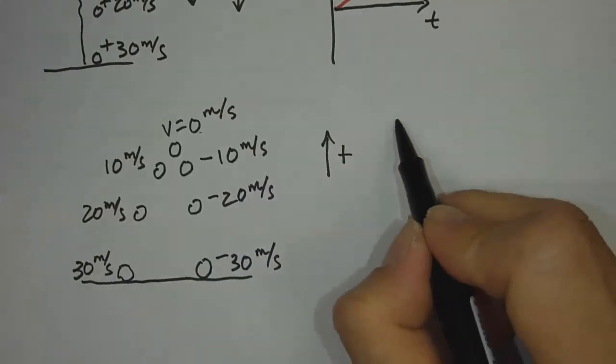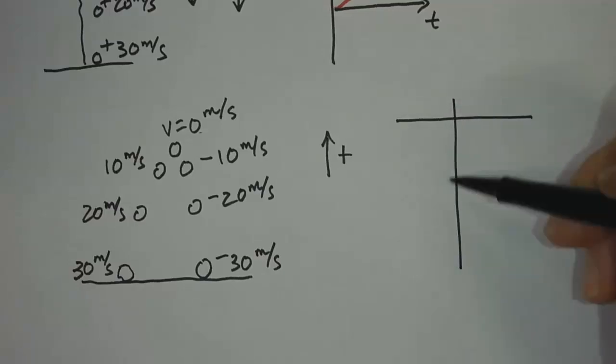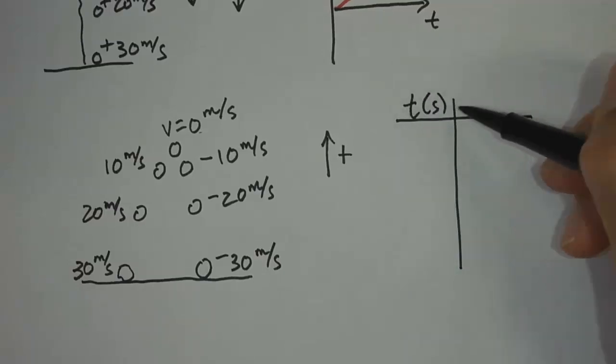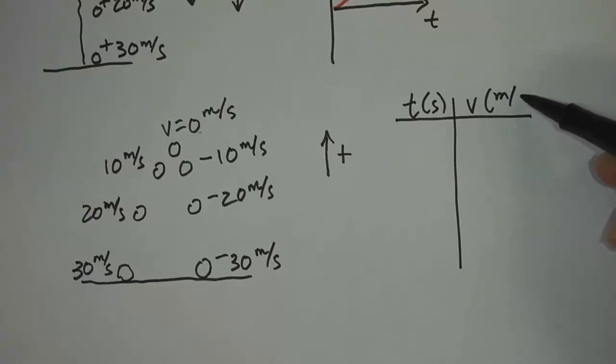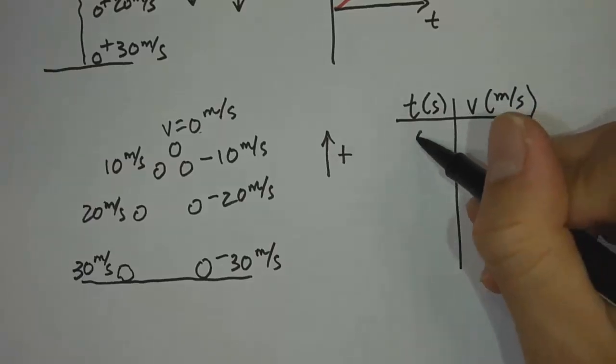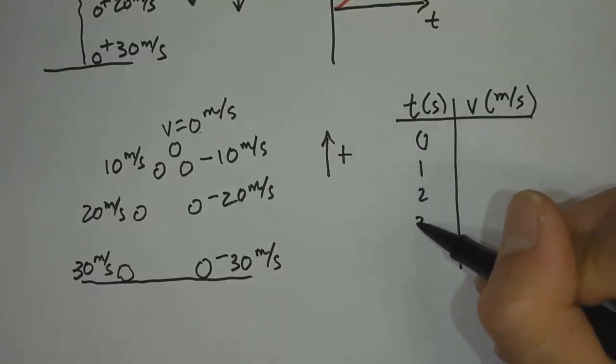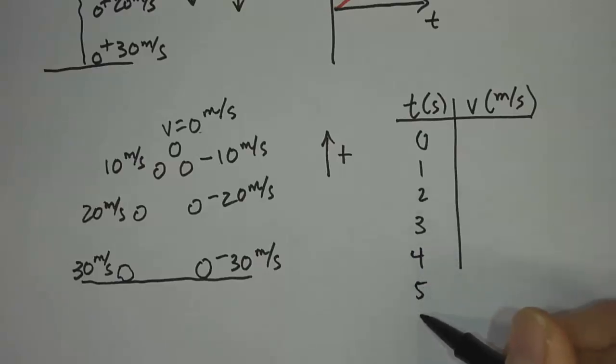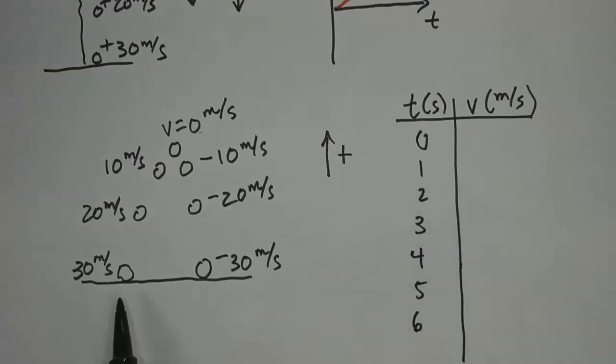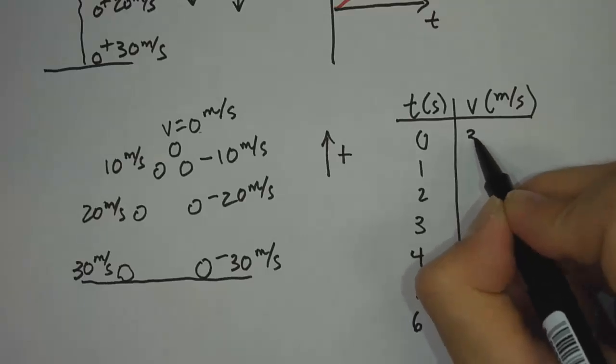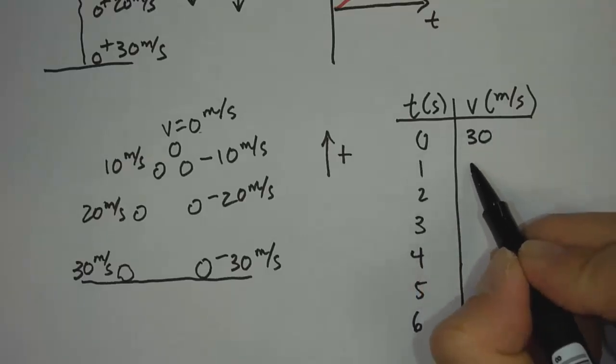Now I'm going to create a table for the time and velocity of this object. And I'm going to go up to 6 seconds. So 0, 1, 2, 3, 4, 5, 6. So it gets shot up initially with a velocity of 30 meters per second, and then it's going to be